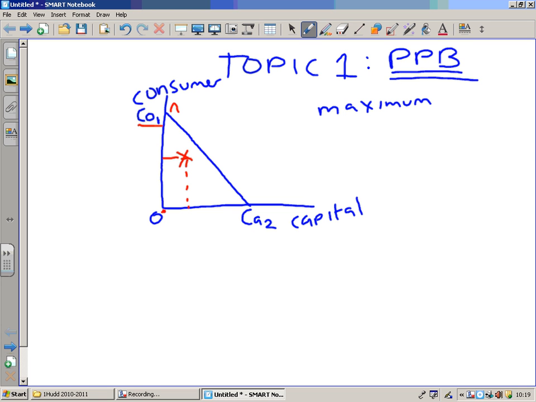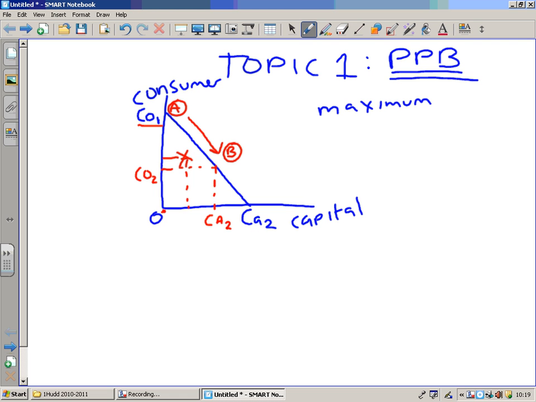Let's label that point A. If this country now decides they want to make more capital goods, and they decide to move to point B, let's label point B CO2